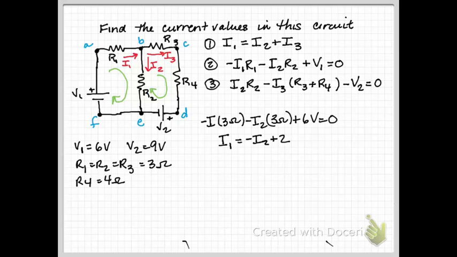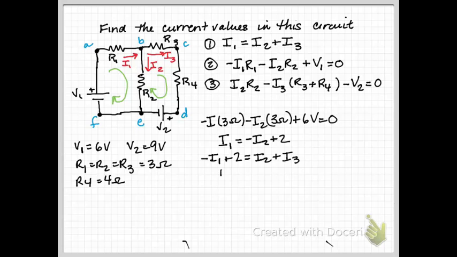And then you can plug that back into your first equation, and you get I1 is equal to I2 plus I3,